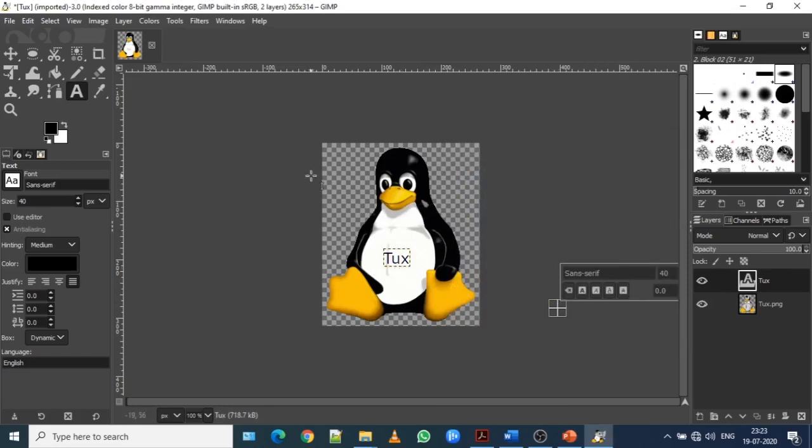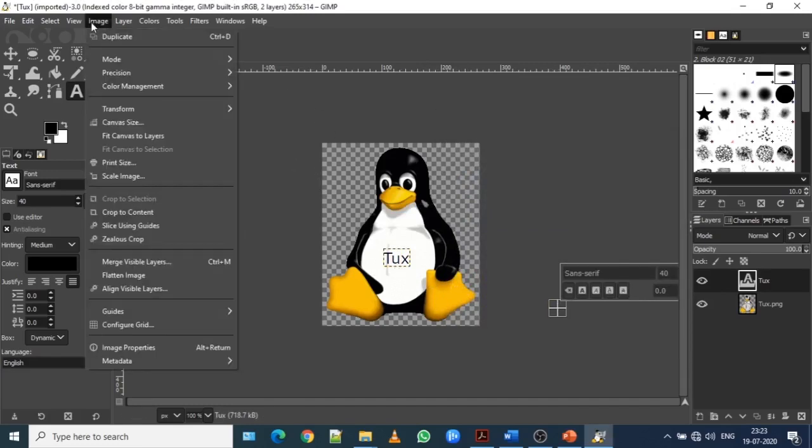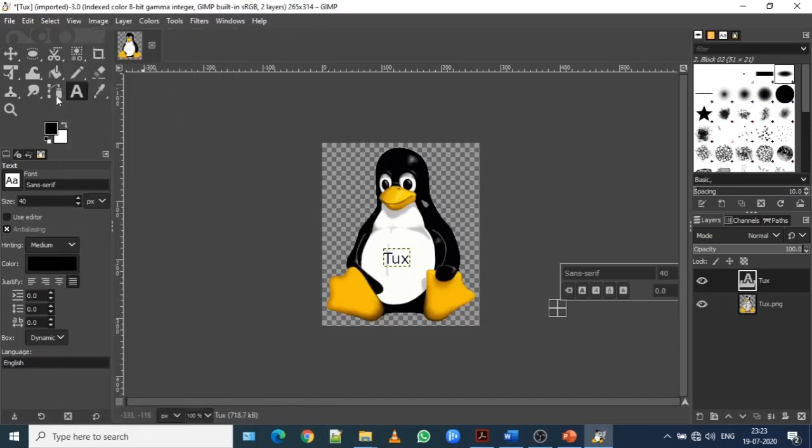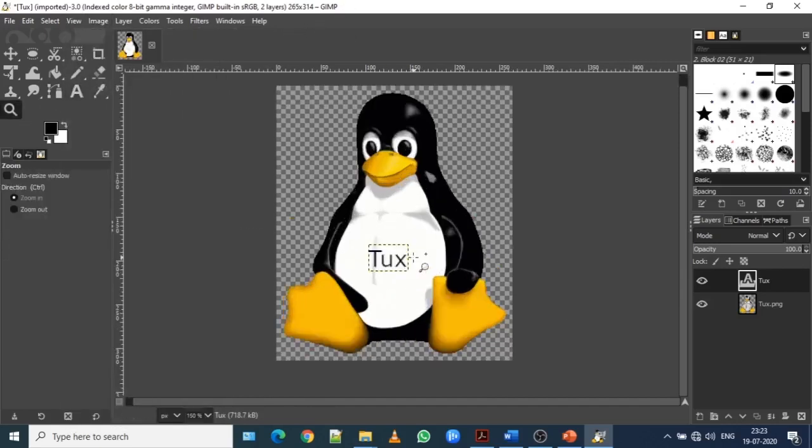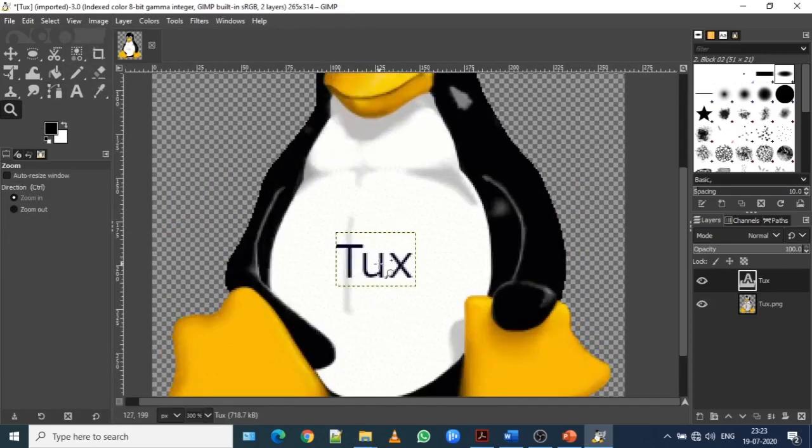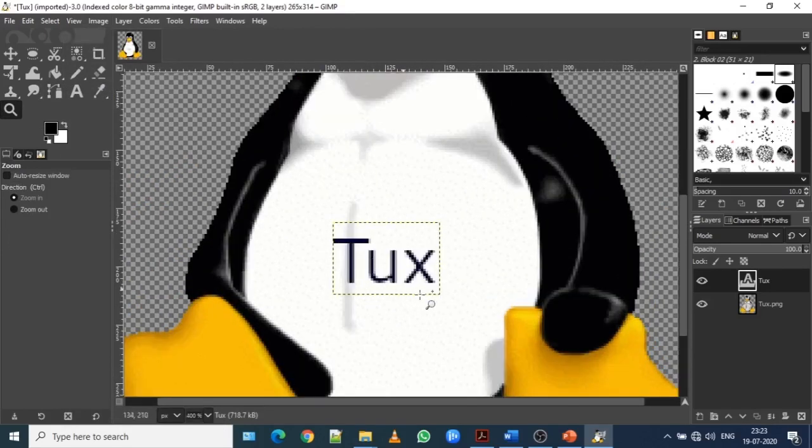I click outside. Let me increase the size. Let me use the zoom tool. Let me take it from here. So I zoomed up. I'm not sure if you are able to view the proper color resolution, but yes, it is blue in color.